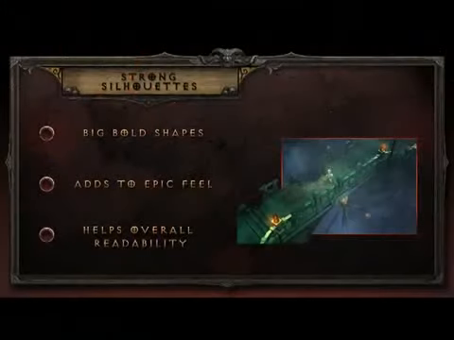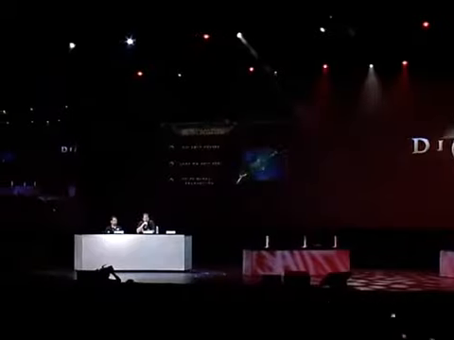Not to get too cartoony so as to deviate too far from what we had established with the previous games. So the next core philosophy is strong silhouettes. And in the environment, this serves multiple purposes, really. The biggest one for us, and I'll talk a little bit more about it, is it actually supports the gameplay